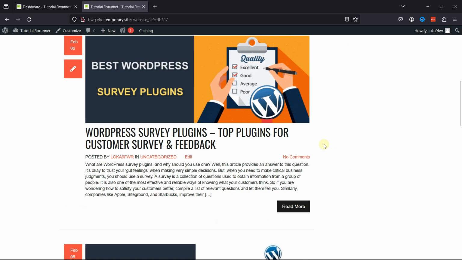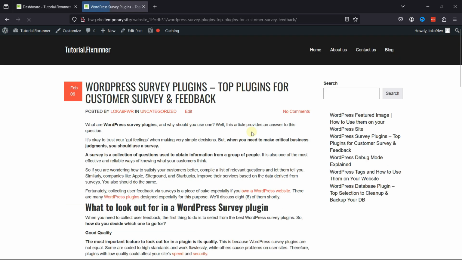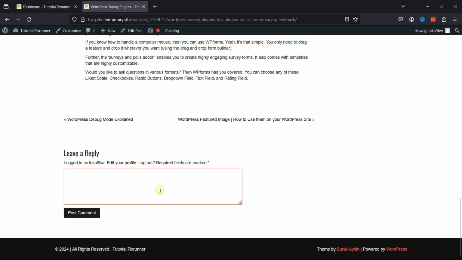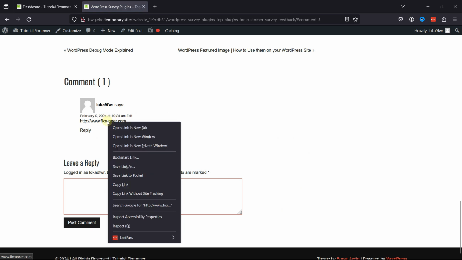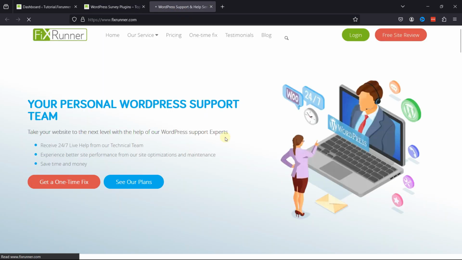As you can see, this is my WordPress website. Here in the comments, if I enter the URL, it automatically converts into the clickable link when posted. Instead of that, I want to display the URL as plain text. This can help prevent spam or unwanted links in comments and give you greater control over the content displayed on